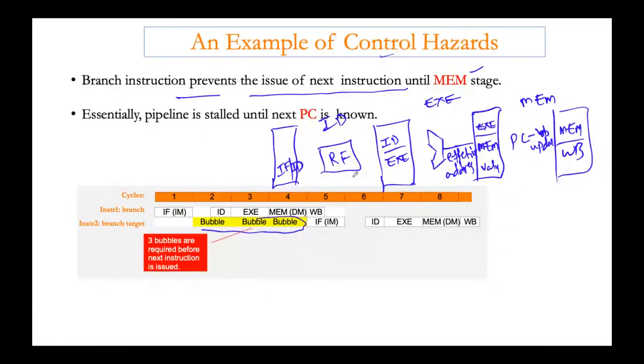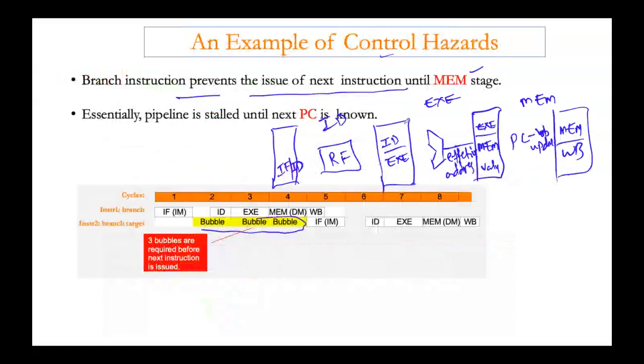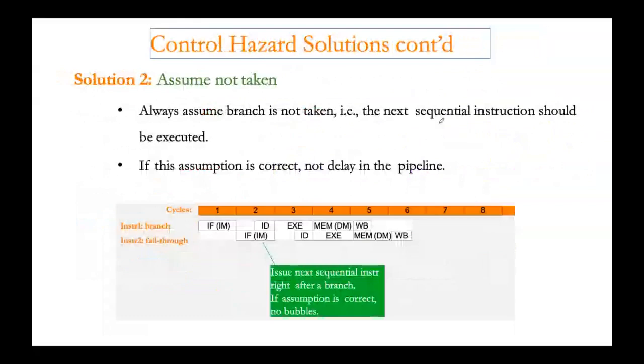So how do we overcome this problem? The first solution is fast branch resolution. In this pipeline, if you recall the pipeline architecture, we currently assume that the branch condition is evaluated in stage 3. As we saw, the branch condition is evaluated at stage 3, in the execution stage, right? So in this execution stage,